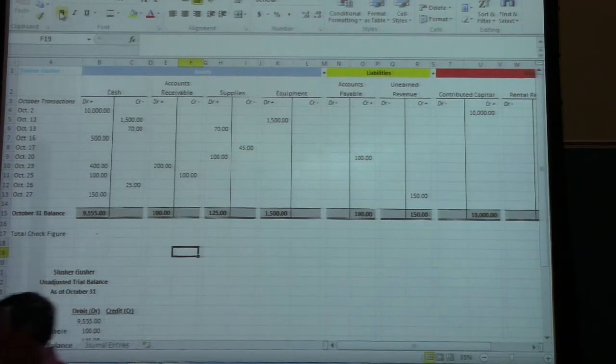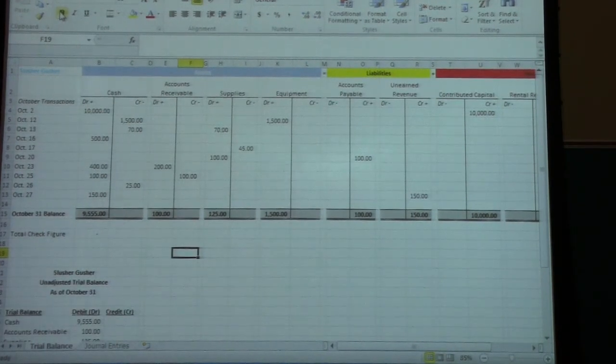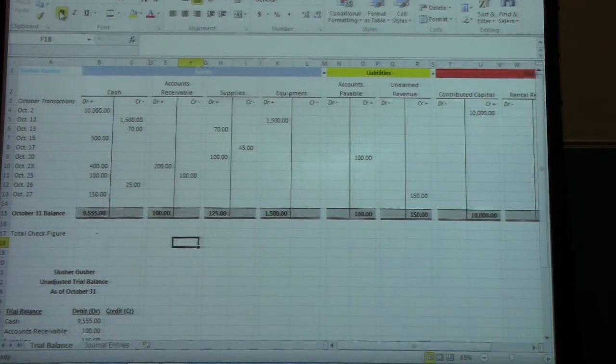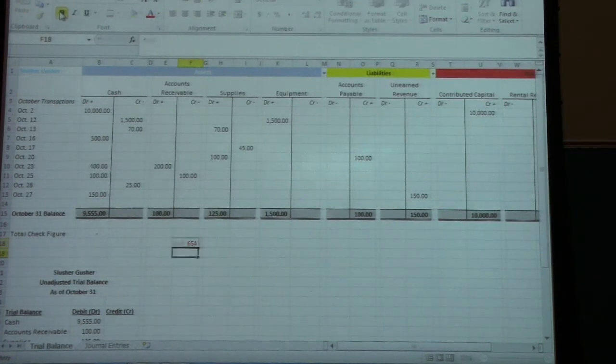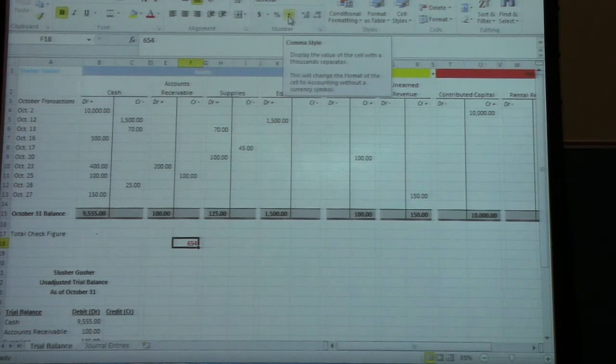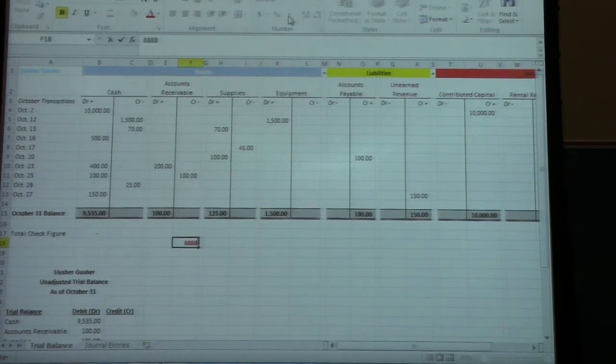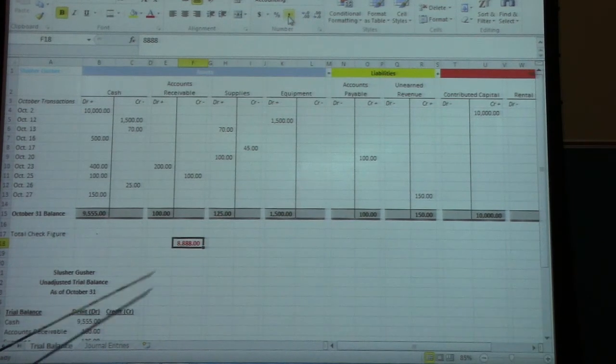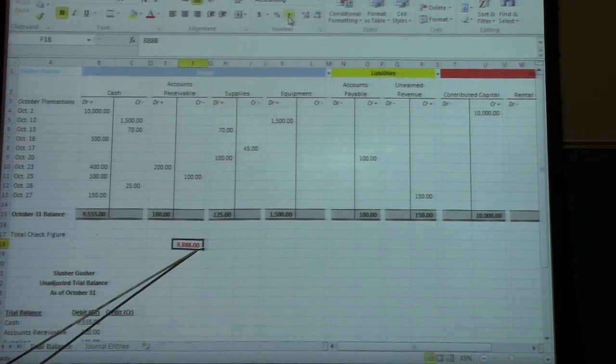Okay. Again, one more quick thing. If you're unfamiliar with how to get numbers formatted, I'm going to put 654 here. Okay. I've just left on the bold red format. If you want them to have decimals and you want them to have commas, so I will put one more number in here so you can see this. Okay? You want them to have decimals and you want them to have commas. You select this comma right here, and notice it changes to this style format where you have decimals and you